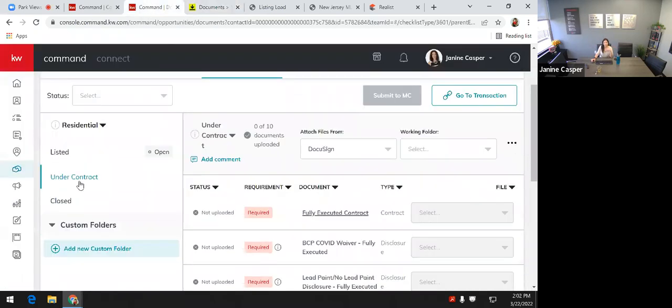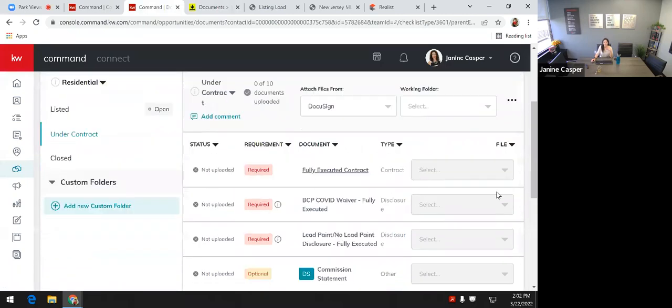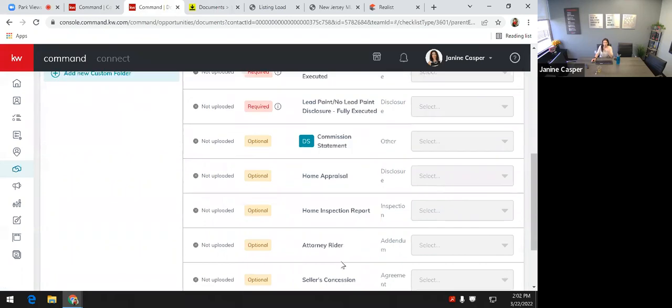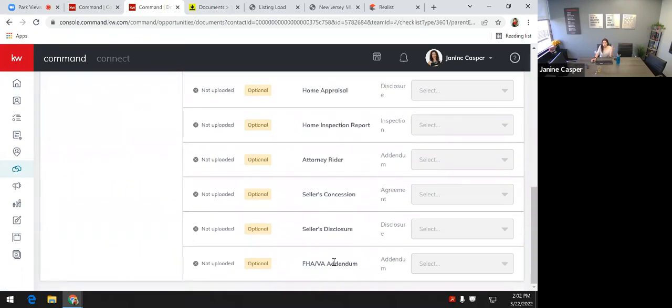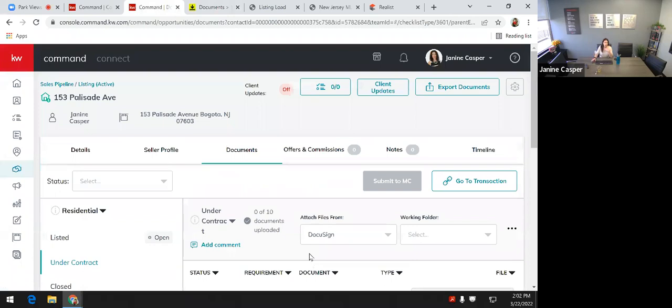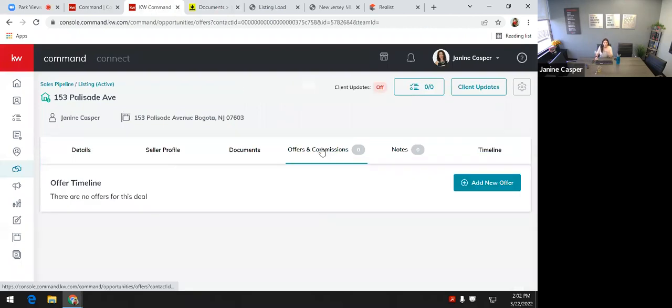And then when it comes to the under contract section, all you'd have to do is go back to command and attach the executed contract, attach the waiver, attach the lead paints, and any other document that's in here that may have been presented during the offer. Then you would go in again, put your commission in, so you get paid,